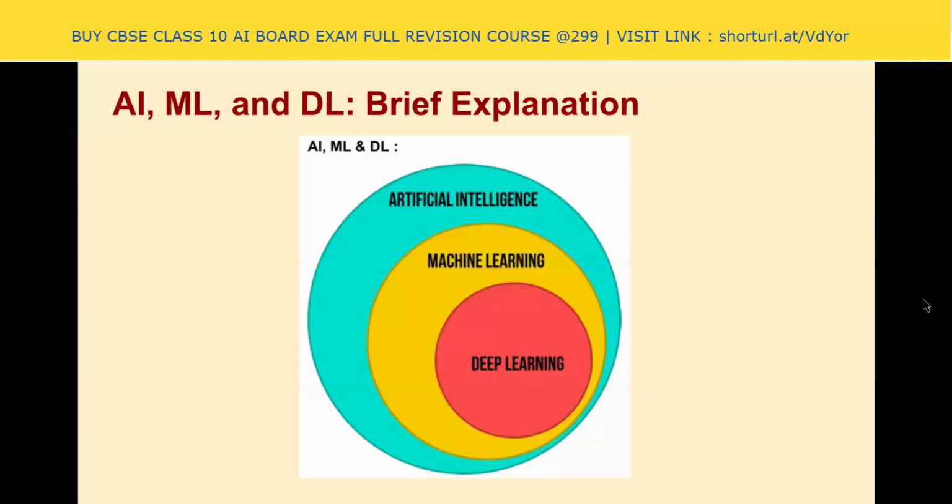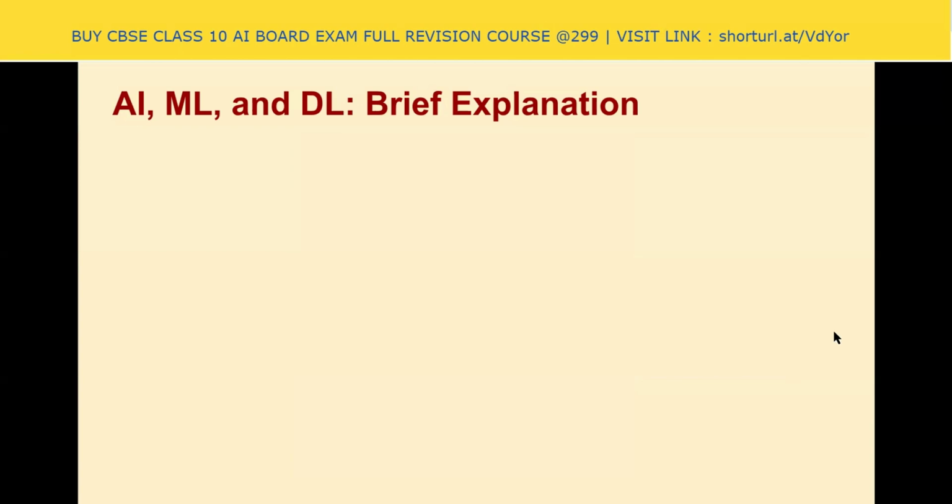So let's move further. The next thing is that we can divide AI into three basic areas, which are AI, ML, and DL. You can see from this diagram, AI is the broader area. Under this, machine learning is coming, and under this, deep learning is coming. So AI is an umbrella, and wide varieties of tools and applications are there. Under this is machine learning, and under machine learning, there is also deep learning.